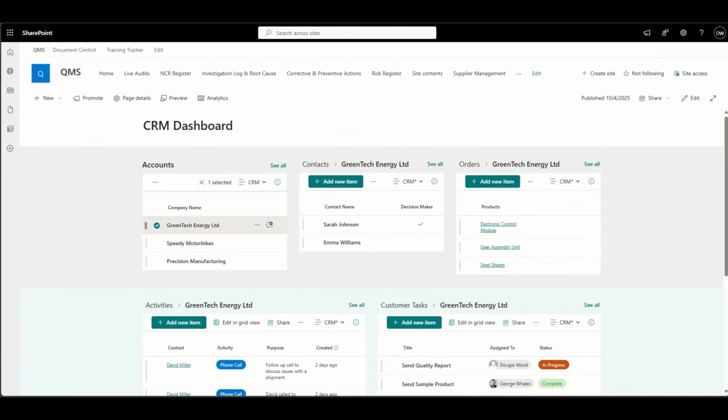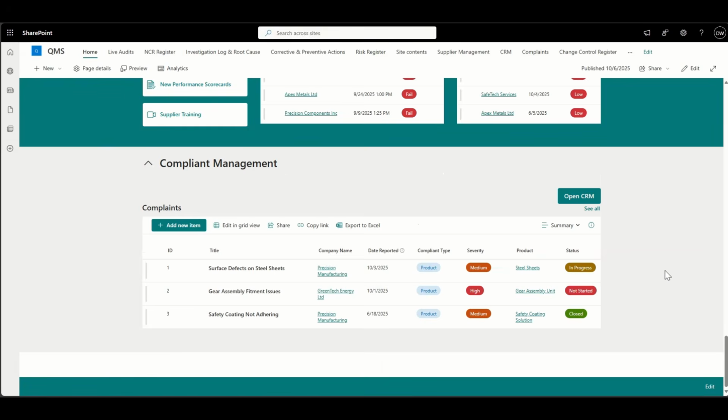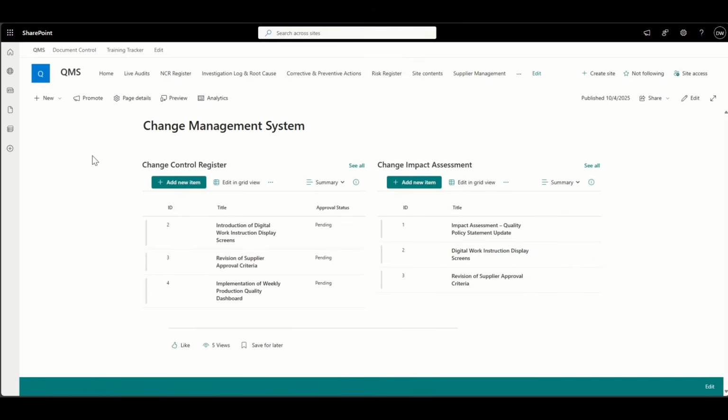which are taking place for that customer. The next thing I'm going to add to my QMS homepage summary sections is going to be for the change management system. Now, in a previous video, as I say, I built out this change management system, which looks a little bit like this. It's quite simplistic in the way that it works,